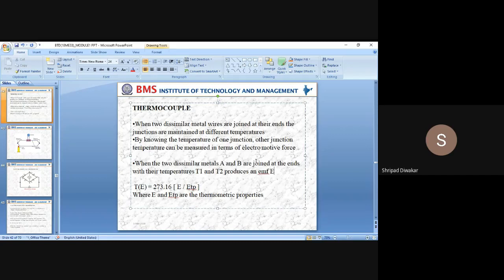So here, as we discussed, there are two thermometers. One is the mercury in glass thermometer. In the mercury in glass thermometer, the thermometric property is the rise in length. That's why we represent it as L, and the unit of rise of length is centimeter. In the constant volume gas thermometer, the volume of the system remains constant, and the pressure is the thermometric property.